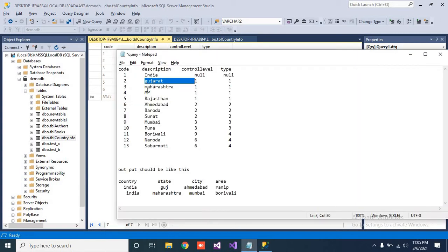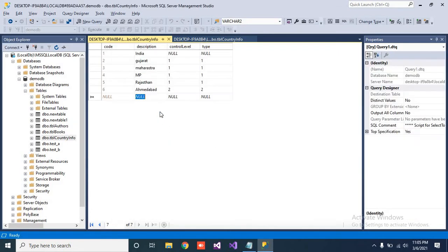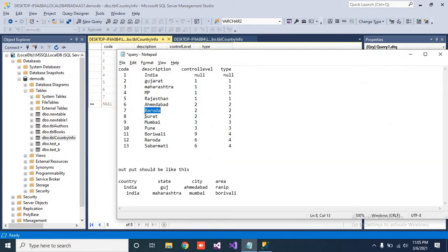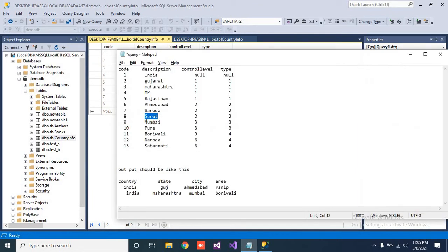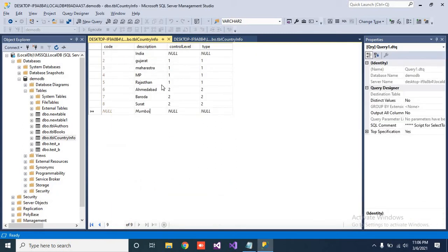Another one is Baroda, same 2, and type is also 2. Hope you are getting the definition. Surat, then 2 2. Next one is Mumbai, which is a district of number 3, which is Maharashtra. 3 and type 3.